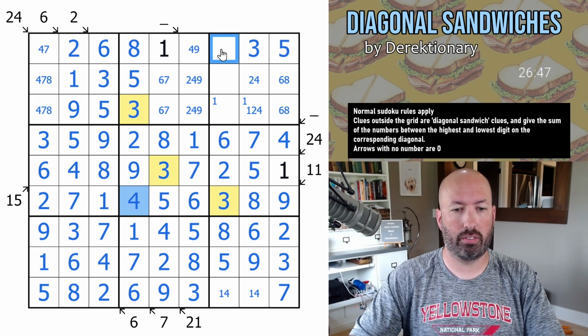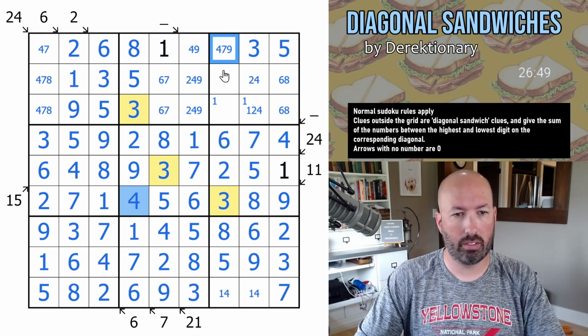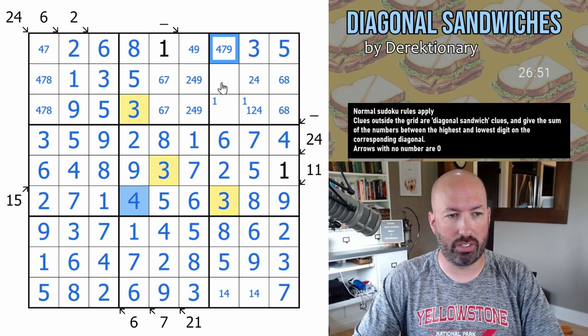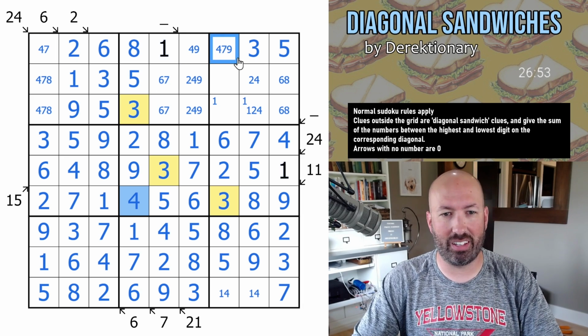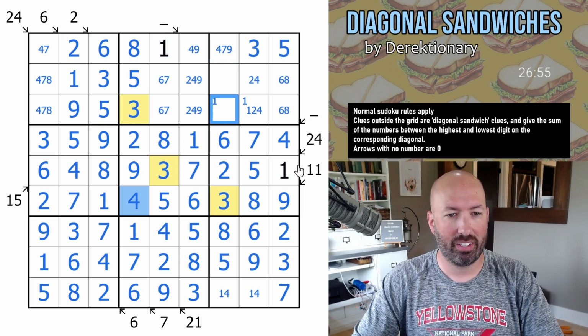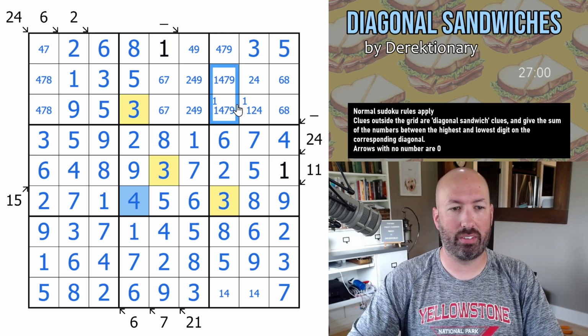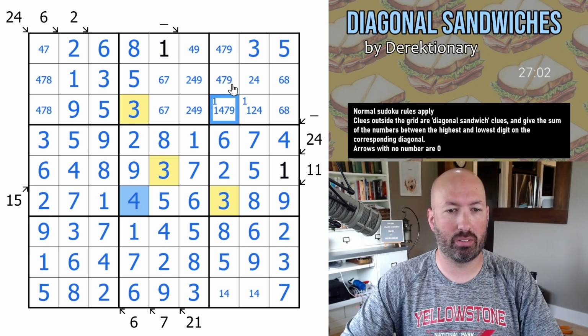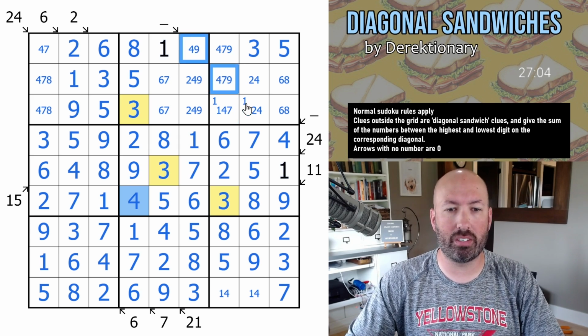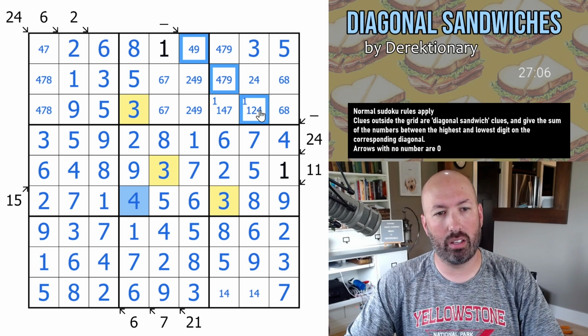4 and 7 and 9. So close to finishing this off. I'm sure it's a scanning thing with just the regular Sudoku. All right, 1, 4, 7, and 9 across here. This one can't be 1. This one can't be 9. All right, so no, it's probably this clue here, isn't it? All right, so